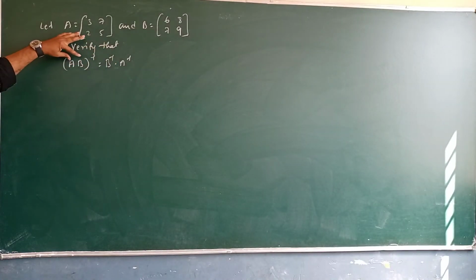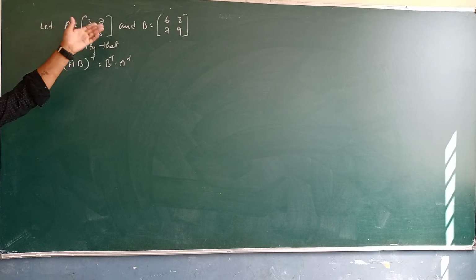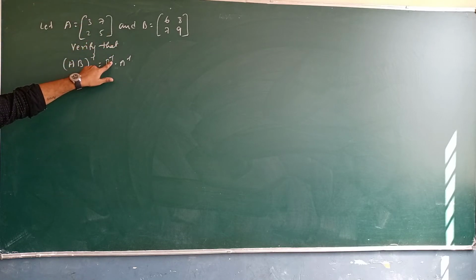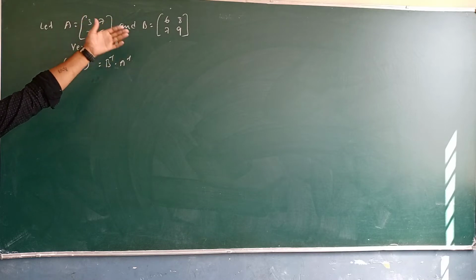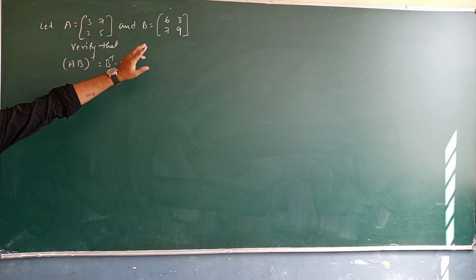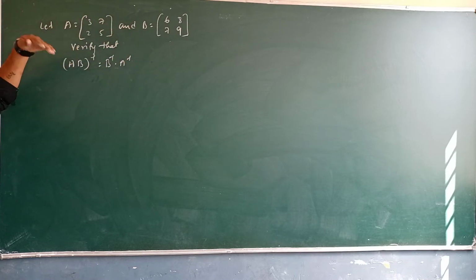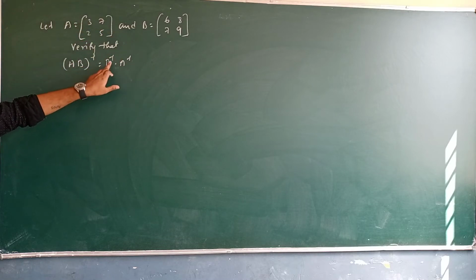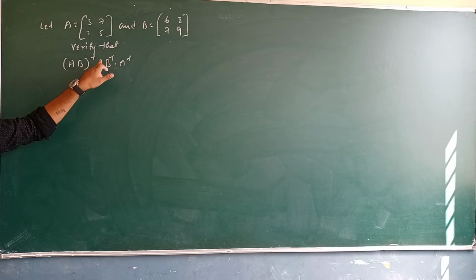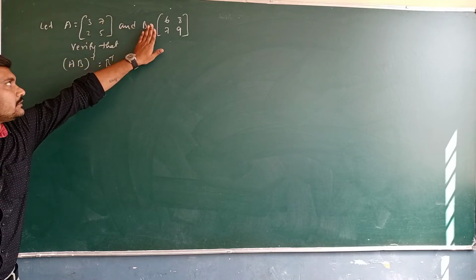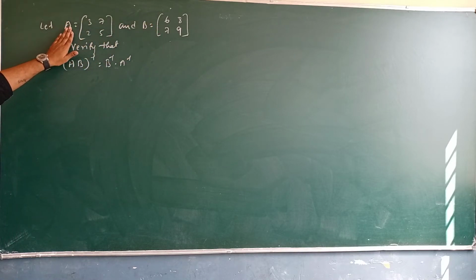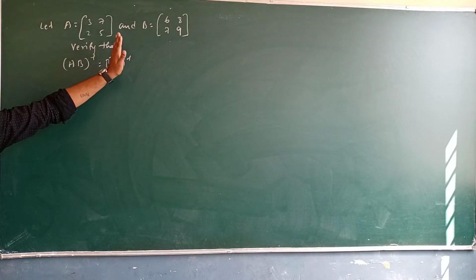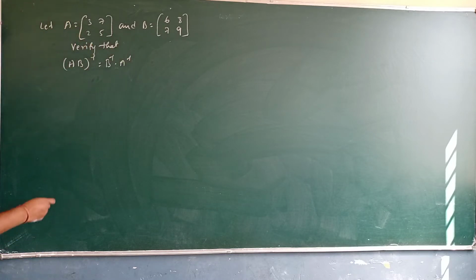So first we need to multiply AB and find the inverse of the obtained matrix, and verify it with B inverse into A inverse. After finding AB, we need to find its inverse. And on the RHS, we need to find A inverse as well as B inverse, individually find the inverse of B and of A, and multiply B inverse with A inverse. Okay, so first we need to find AB here.